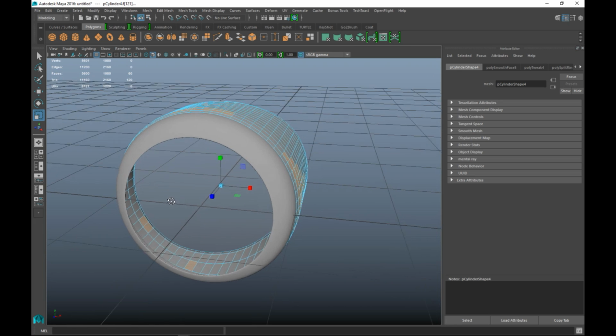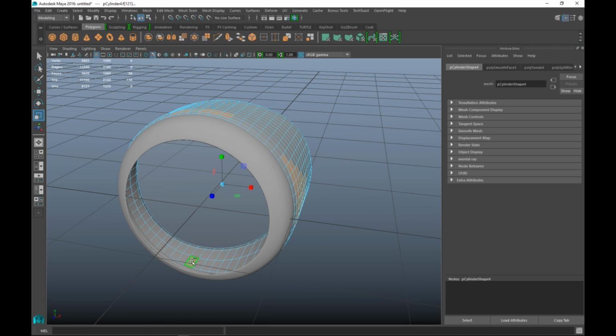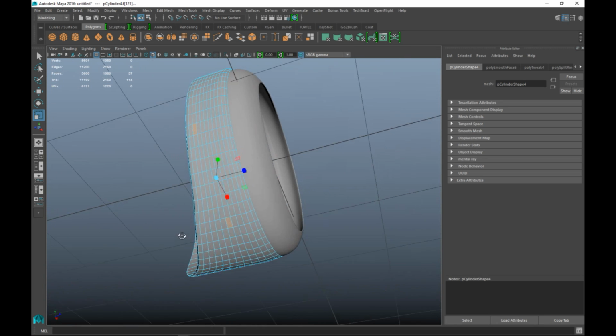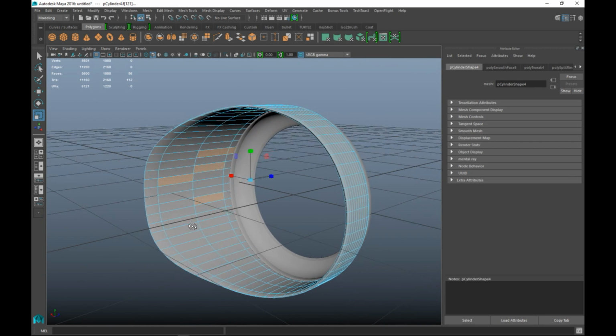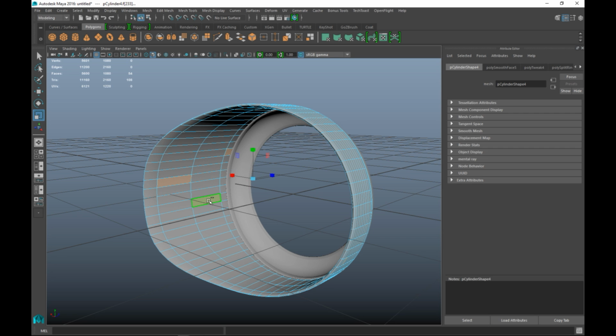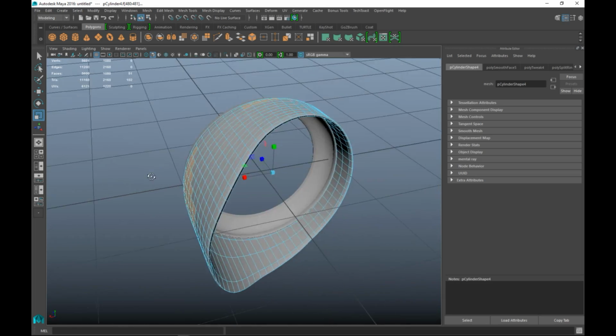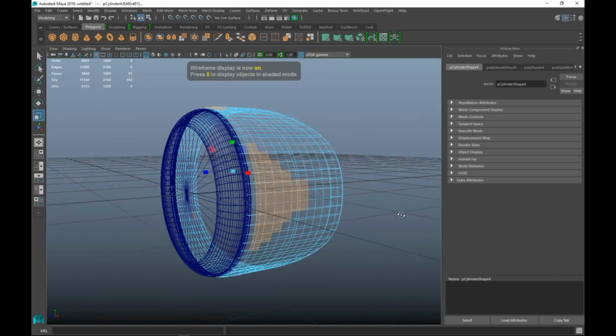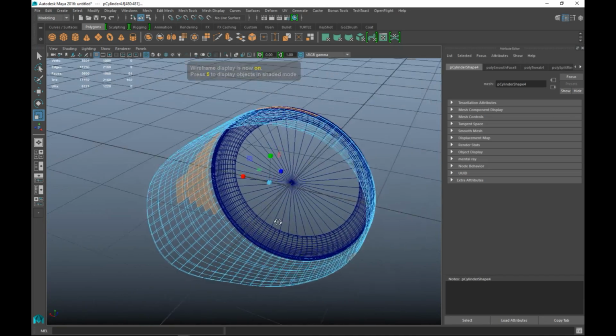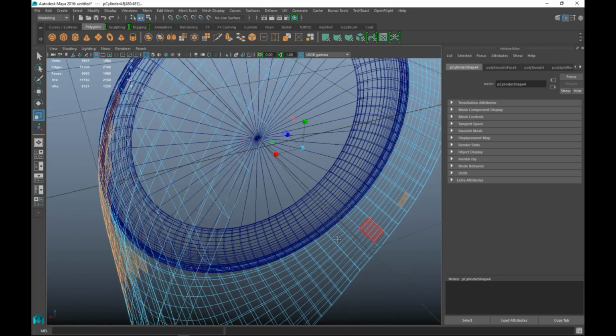Okay. And I got some faces selected here that are not supposed to be selected, and it's always good to check that. Sometimes you think you're clicking, but in reality you are dragging. So I'm going to hit 4 for wireframe mode just to do another check. It looks like we only have what we need,